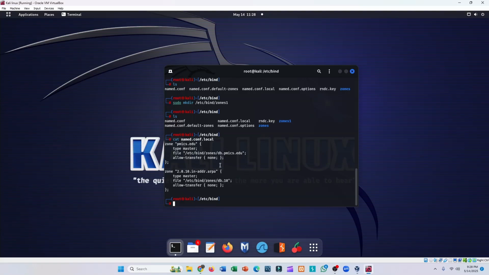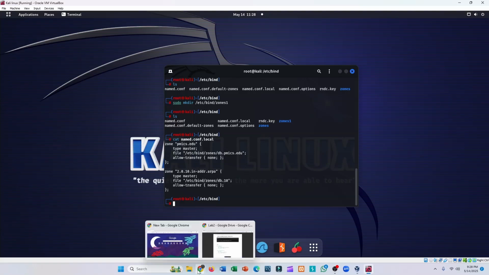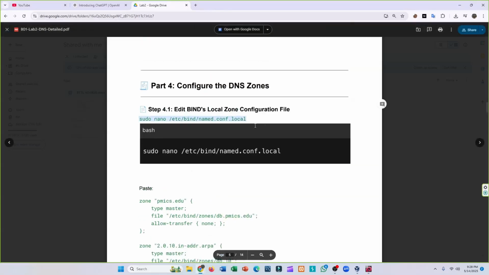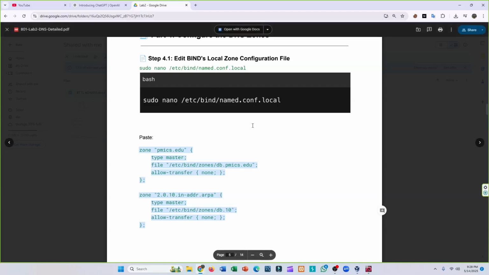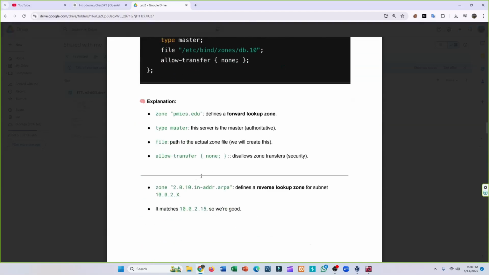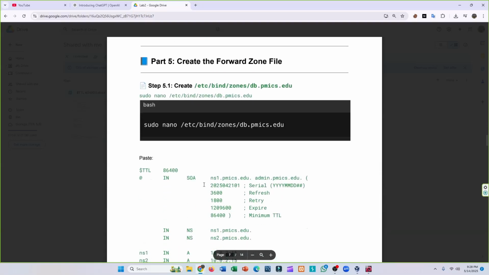So I've basically made it. You need to use this command to create a nano file, and paste this command inside it and save it in the named.conf.local file. So after doing this part,